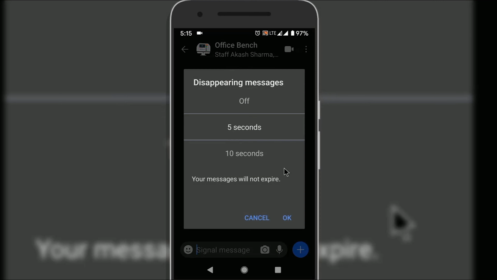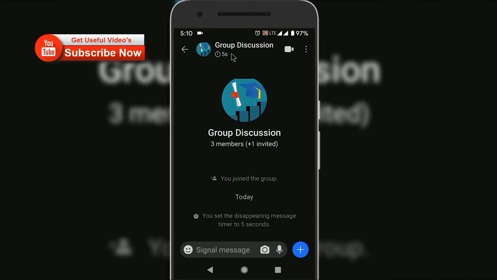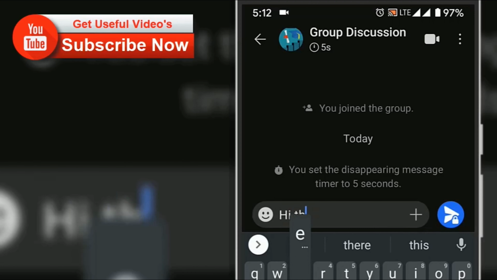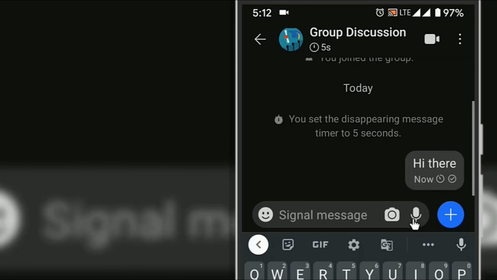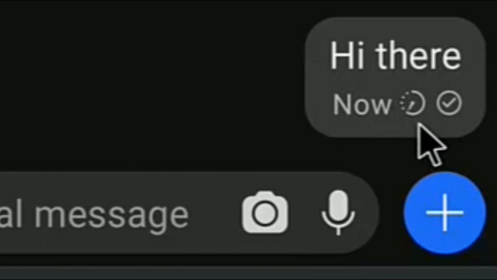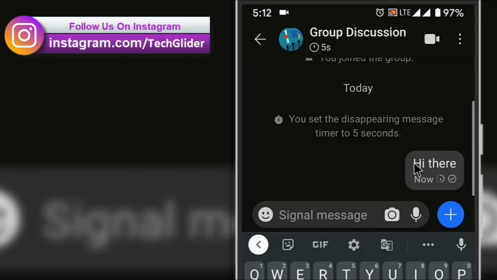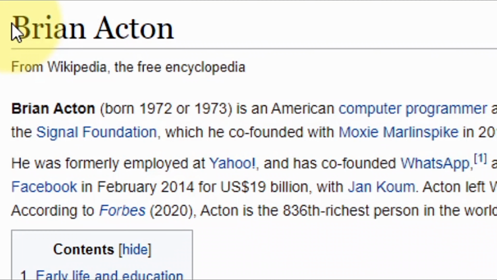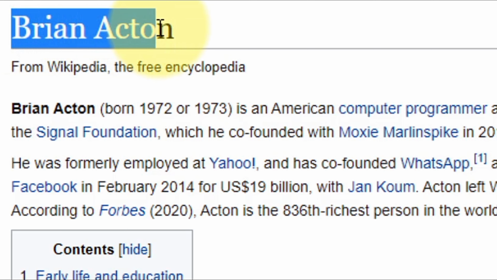Disappearing messages can keep the message history tidy. Each and every disappearing message will have a timer countdown icon that is visible at the bottom of the message bubble. In the upcoming section, we are going to learn how to enable or disable the disappearing messages and how to change the timer on Signal Android app and desktop app.